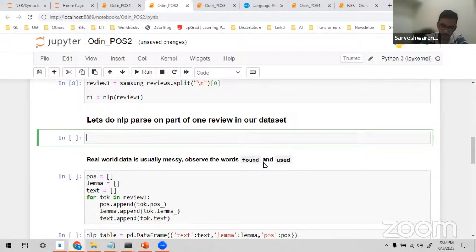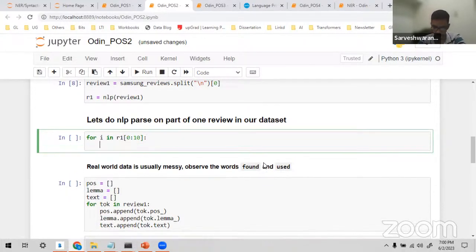Right. Similarly, for i in R1, right? So there are so many. Let's take 0 to 10. Okay, and then print i.text. Okay, and then we put i.pos.